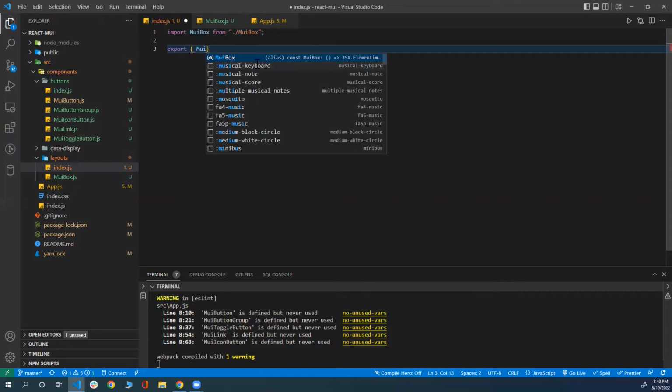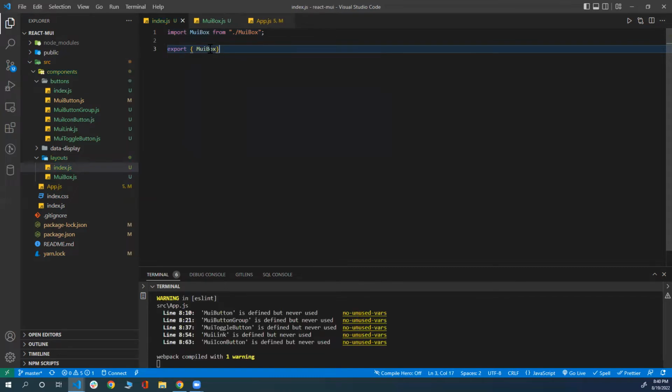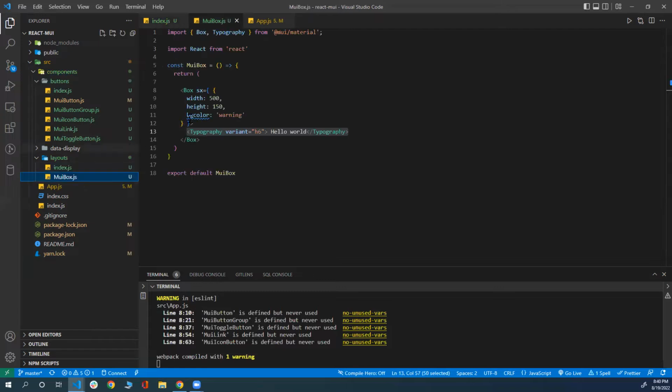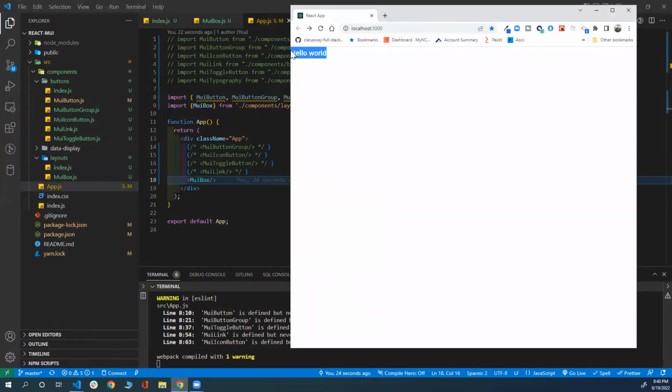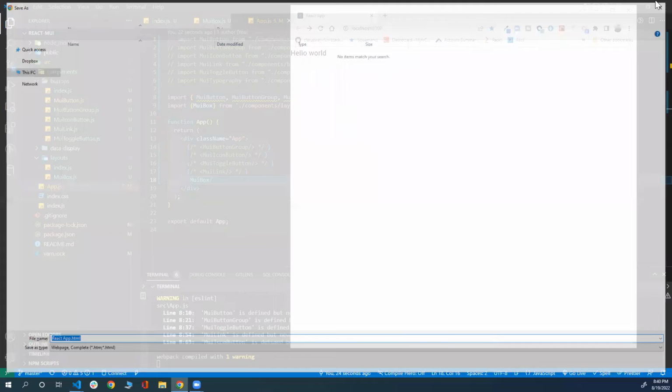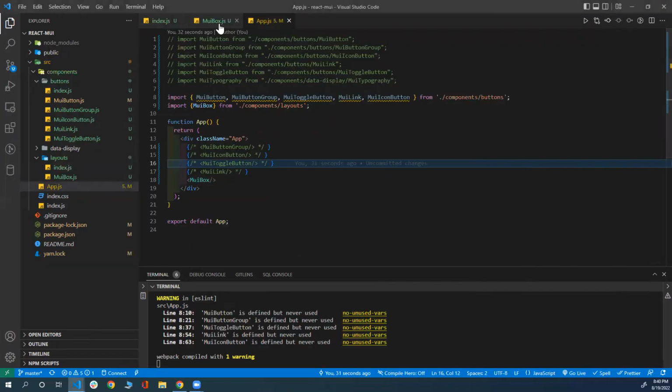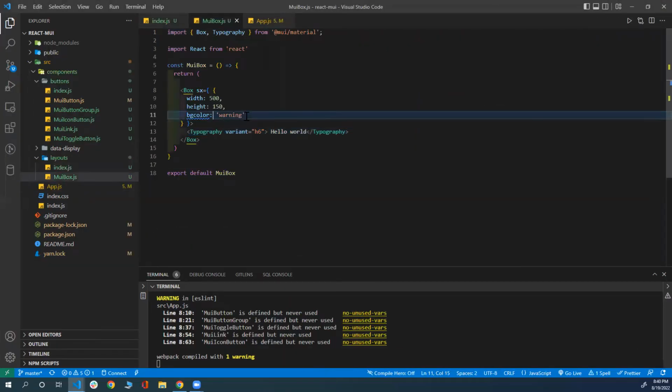object, which is going to include the MUIBox, because in that case, you're exporting an object where you can destructure from this object here. And by that, it should work. Here we go. We have hello world. And MUIBox